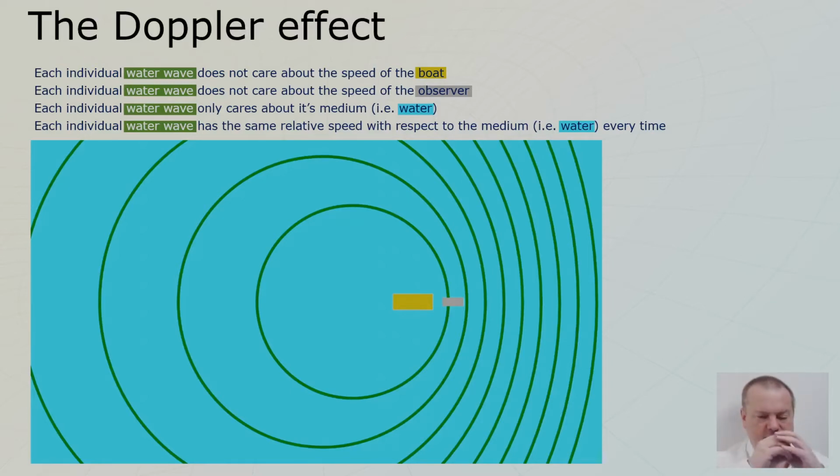You see that the single circle just grows. It does not move. It only grows, but its point of origin doesn't move. It stays where the rock was dropped. And the velocity of each wave, no matter where, all the waves have the same velocity relative to the water, relative to the medium through which the wave propagates. And that's something really important to remember.